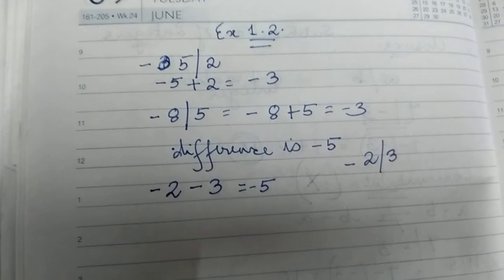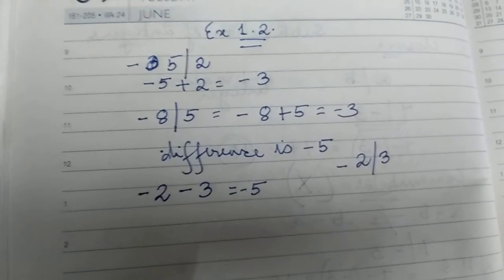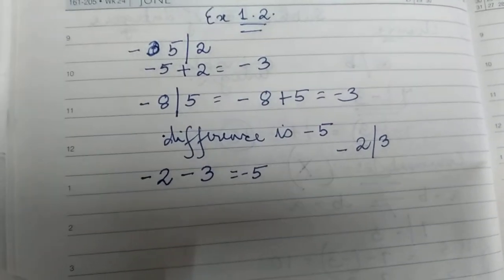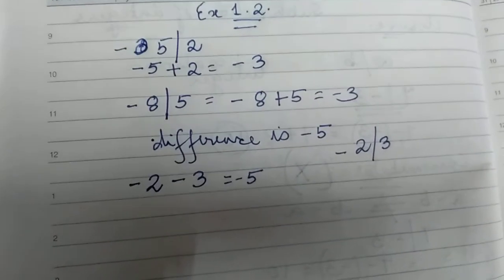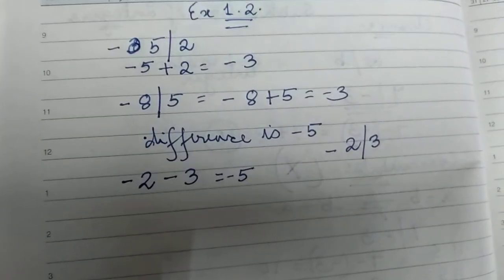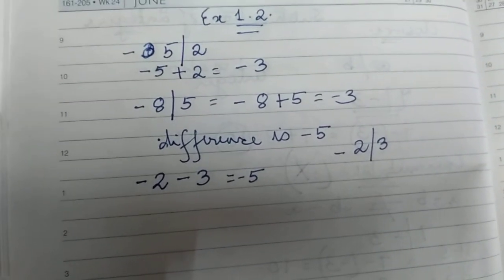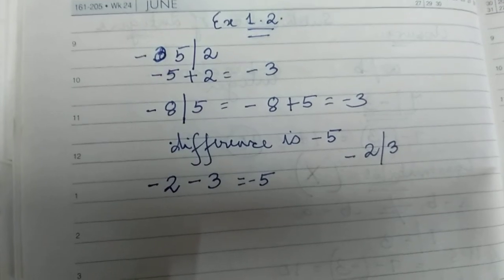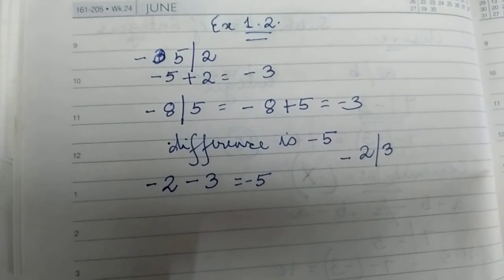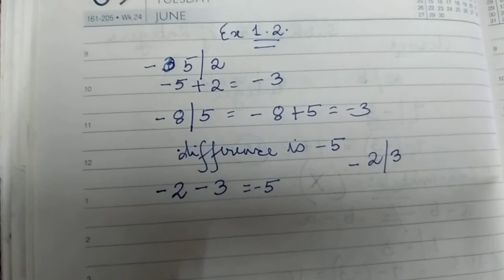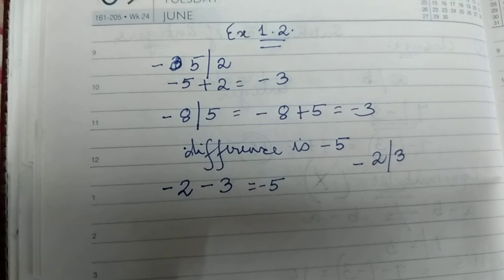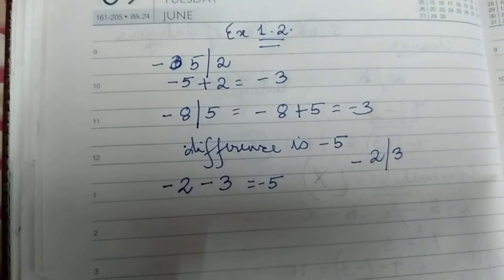Question number 2. Do it and see if you have understood. You should be able to do it, because we have done a question like this in exercise 1.1. Question number 3 also, find the sum of integers, we had done in exercise 1.1. So we've completed more or less this chapter. In the next class, we'll do multiplication of integers, but I feel that you should go through these laws properly, because these laws are also there in multiplication of integers.